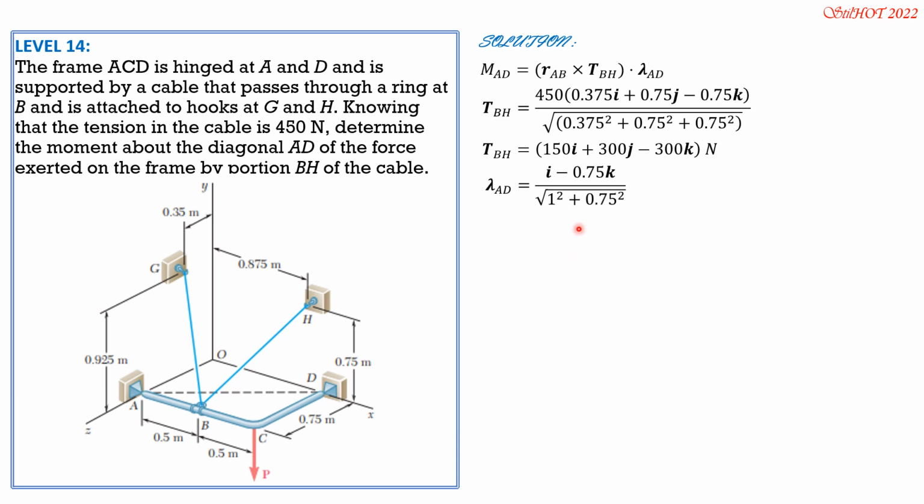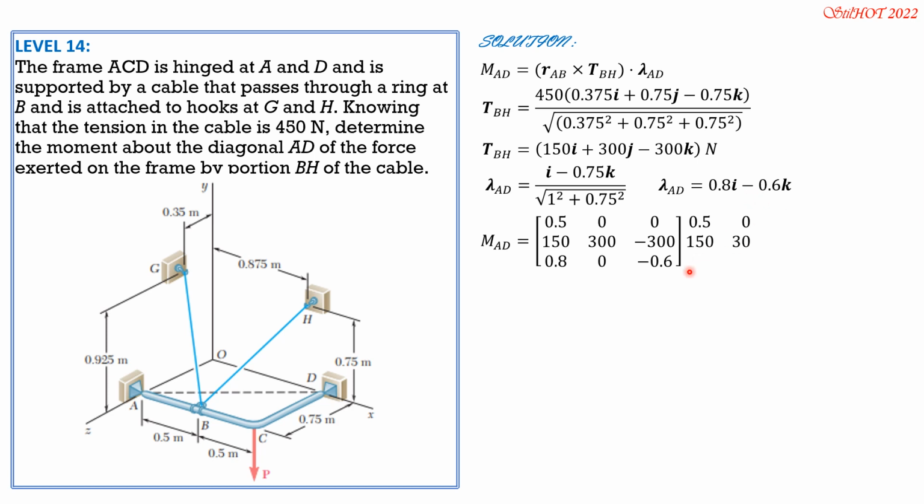So simplifying, lambda of AD is 0.8I minus 0.6K. So substitute, we have 0.5, 0, 0 components of position vector RAB, then 150, 300, negative 300 for the force, then unit vector 0, 0.8 along Y, then negative 0.6, then copy the elements of the first two columns, then evaluate this just like evaluating